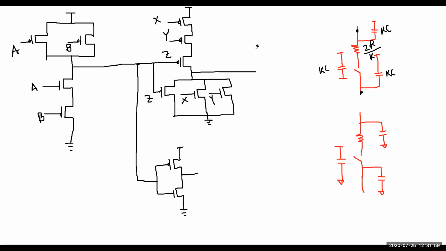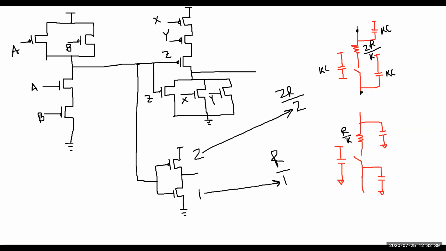So the value of the resistor will be R by K, not 2R by K, R by K. Why? Because in the PMOS, the resistance is double. That's why sizing needs to be double so that they cancel each other. So if it is 2, if it is 1, see R by 1, 2R by 2. So actually they are having R, they are having R, right? If the sizing is 2, if the sizing is 1, that means this is 2R by 2, right? And this is R by 1. This is the K, this is the 2, and this is the 1.